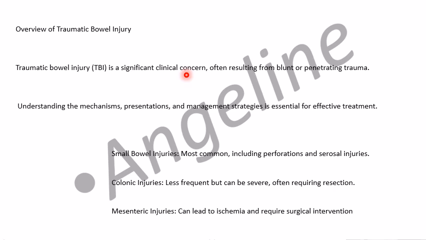Out of these, small bowel injuries are the most common, which include perforations, serosal tears, or complete avulsion from the mesenteric root. Colonic injuries are less frequent because they are protected in the retroperitoneum, but the small intestine is very mobile. Mesenteric injuries can lead to ischemia and require surgical intervention. Mesenteric injuries can bleed on their own and cause features of blood loss and peritonism. Or the injuries may cause ischemia to the bowel itself, so they may not be primarily due to blood loss, but the features are those of ischemia to the bowel.